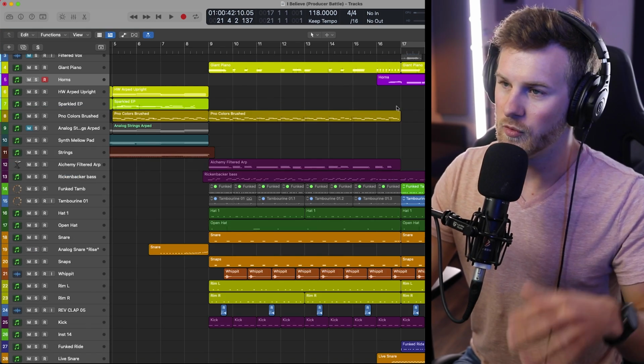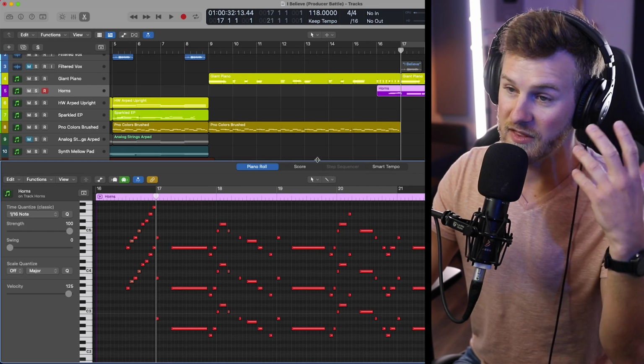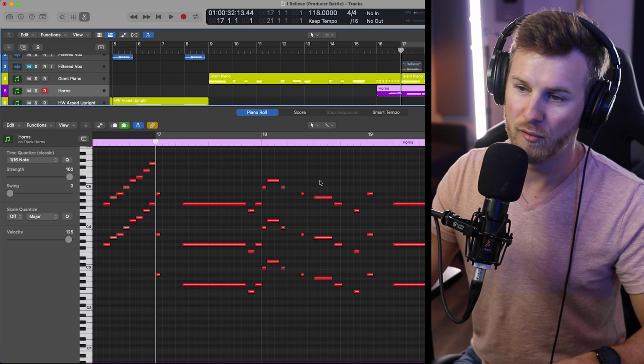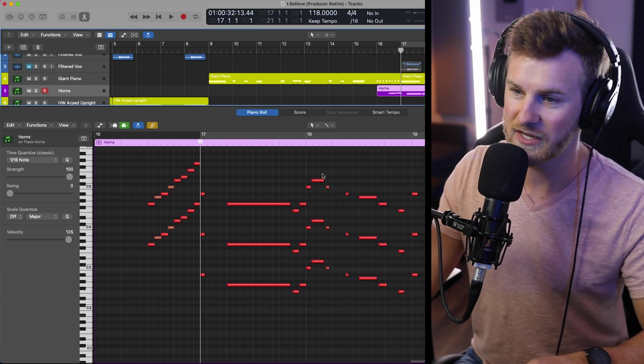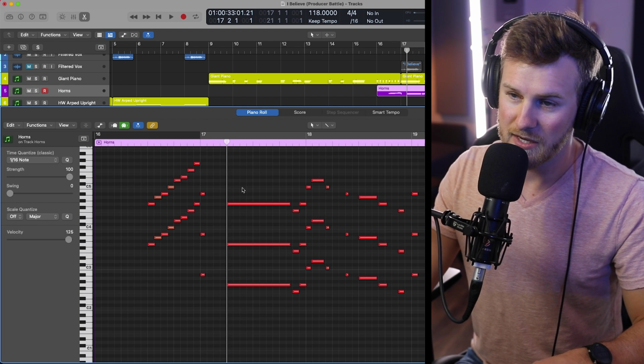Now, before we actually jump into all of the effects and the plugins we're using, the very first thing we need to look at is actually the piano roll. Because when we're programming our brass, there are a few things that are really important. The very first thing is the articulation is really important. So as you can hear, when we have this note here,